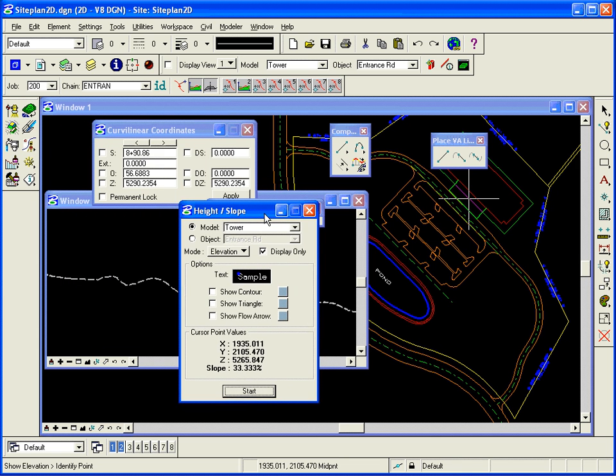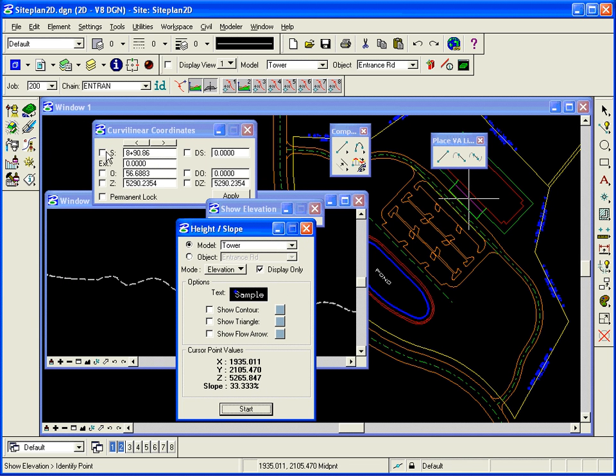Well, back over here in my curved linear coordinates dialog, I can see that now the stationing is not changing because I tentative to that element, and that happens to be station 890 on my alignment. So the curved linear coordinates and the other tool kind of gave me some information that might be useful when I'm trying to place some profile information there. So for example, I'm going to draw a line,